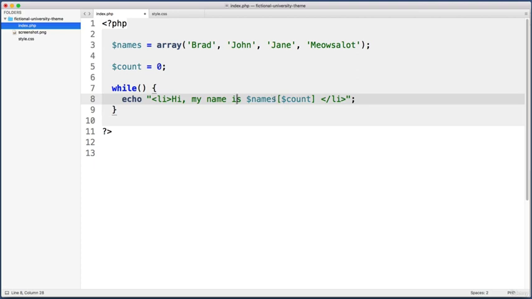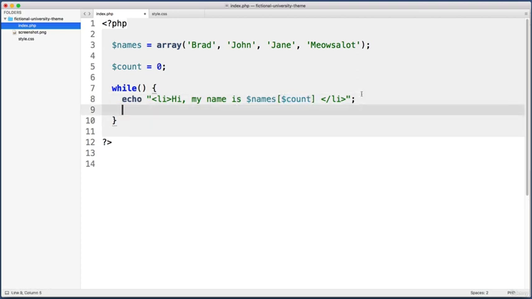Okay, so the first time the loop runs, it will be a 0. And then let's be sure to increment the count. So on the new line, let's say count plus plus. So then the next time the loop runs, count will equal 1. So that will give us John. Then it will increment again to 2, which will give us Jane. You get the idea. So now we just need to tell the while loop how many times it should repeat